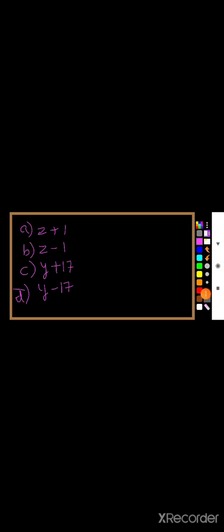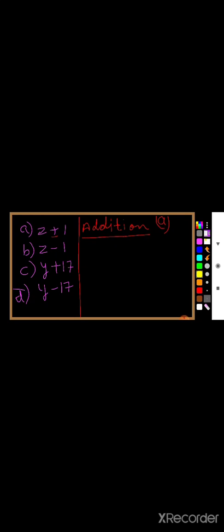So just check now. First expression with me is z plus 1. So how is this expression formed? Z plus 1. Plus means addition is going on. So what is the operation used here? Operation used here in A part is addition. Okay. I'm talking about A part only first of all. Then we will discuss about B and C part also. So operation used is addition.